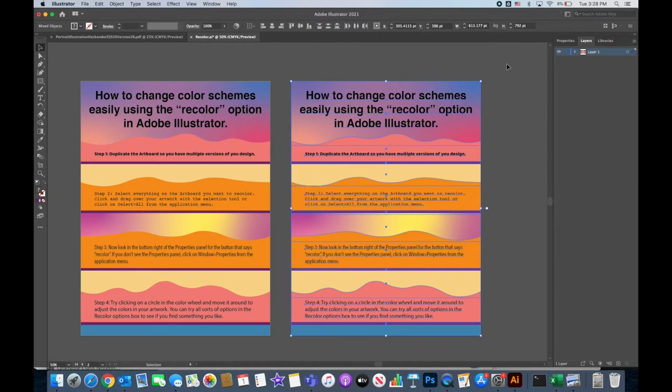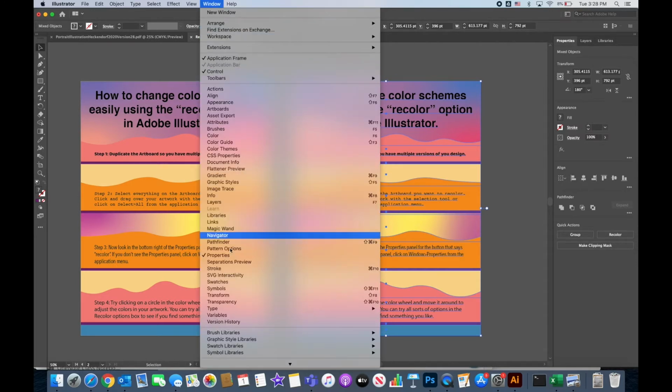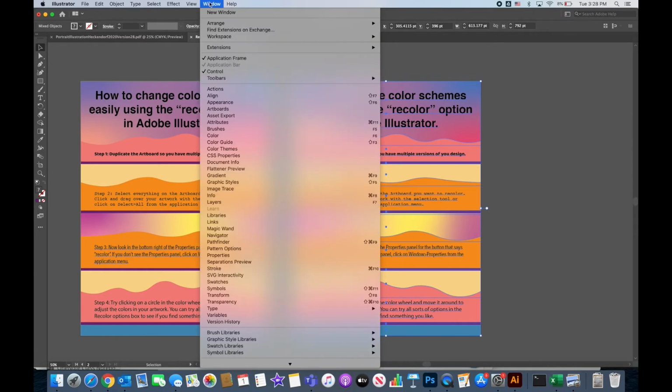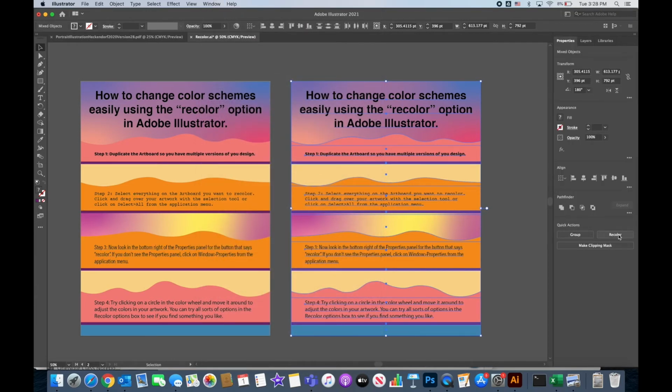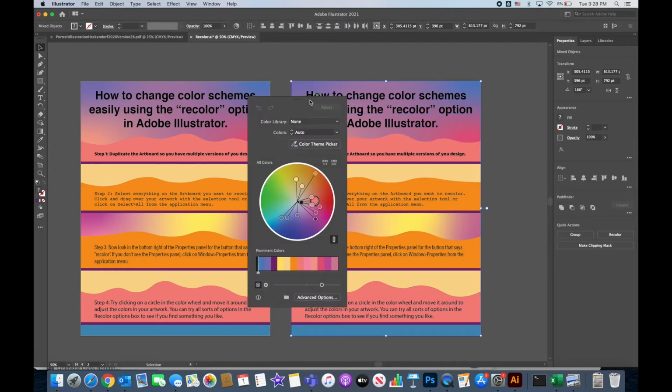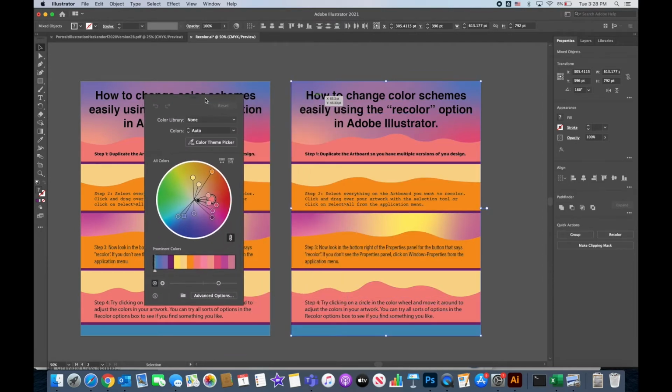So let's hunt for it first. Here I see a tab that says Properties, and there it says Recolor. If you don't find your Properties panel anywhere or a tab over there, go to Window, scroll down to Properties, and check mark Properties. That will make it appear, and then you can find that Recolor button. So with everything selected, I will click on the Recolor button, and now that opens up a fun dialog box